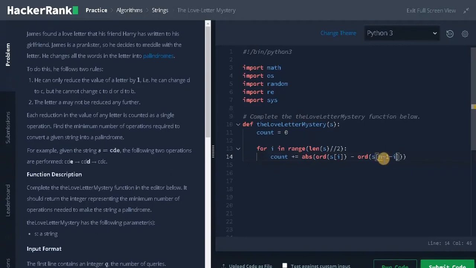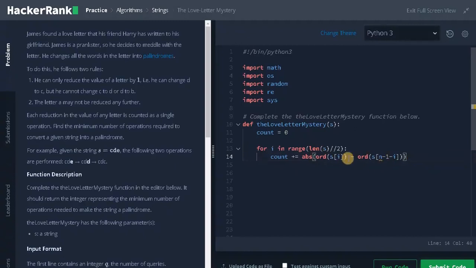You can also remove this n minus 1 and minus i, it will be enough, because in Python the list supports negative indexing, so it will access the last character by using minus 1 itself. But we will use n minus 1, anyways both are the same.